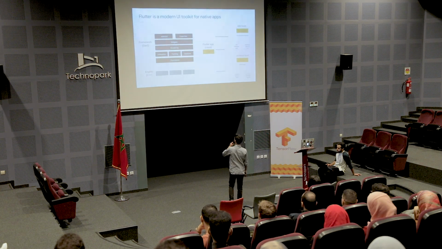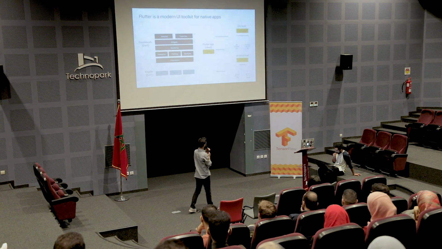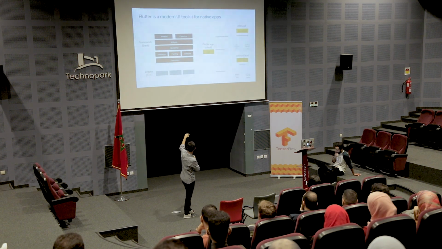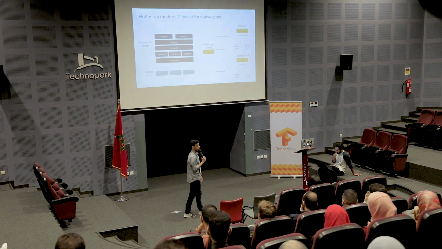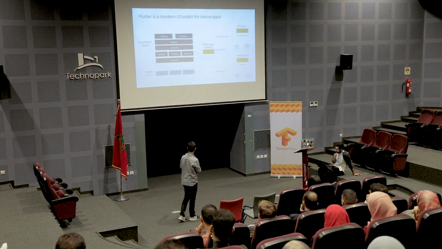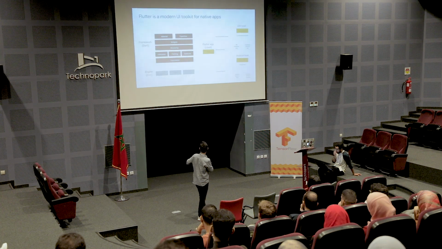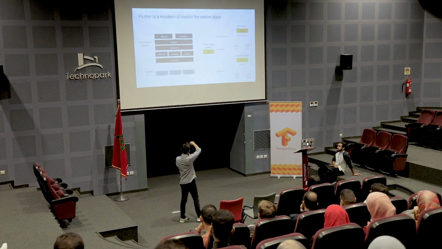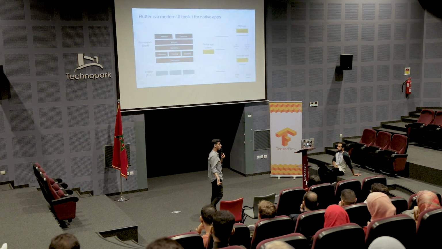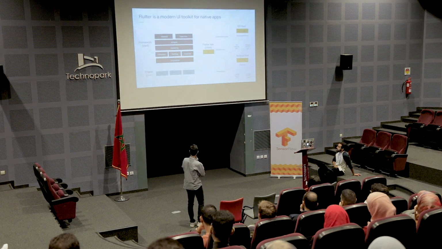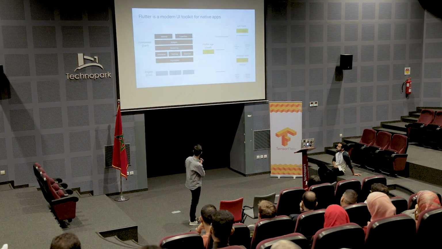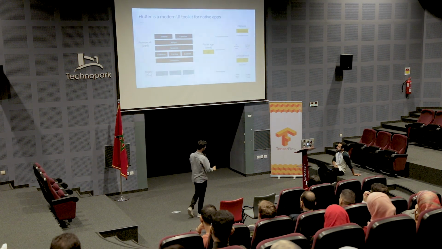As you can see here, this is what a Flutter application looks like. You see the core, which is built with C++. Dart is built with C++. Then we have the Dart framework, which means that all the widgets and all the third-party libraries that you use to build your apps are built with Dart, like Material Design, Cupertino, widgets, the rendering engine, animation, painting, gestures, and the foundation.